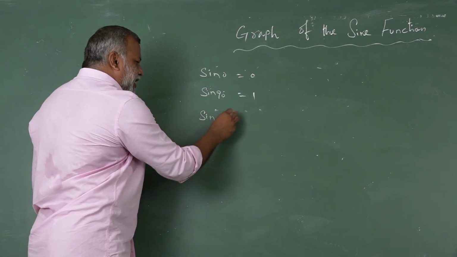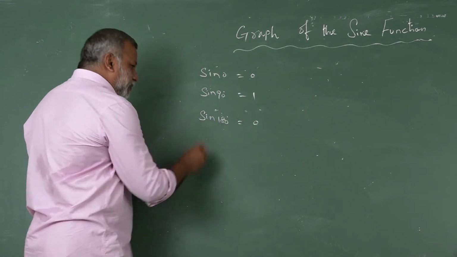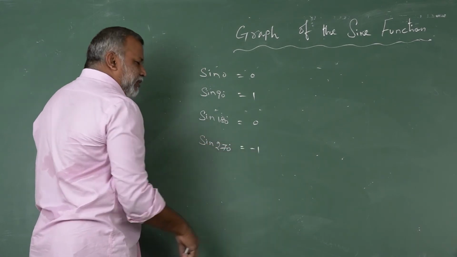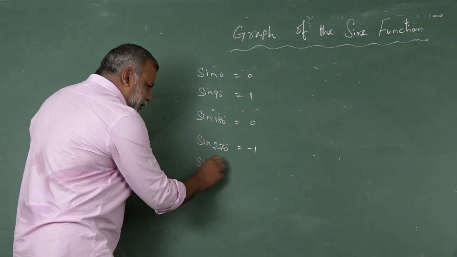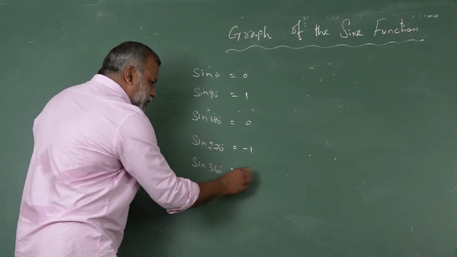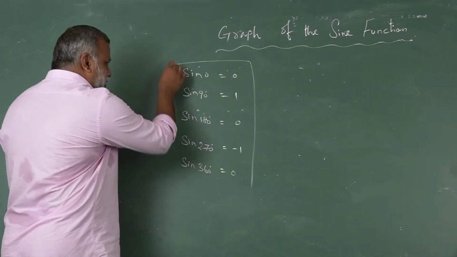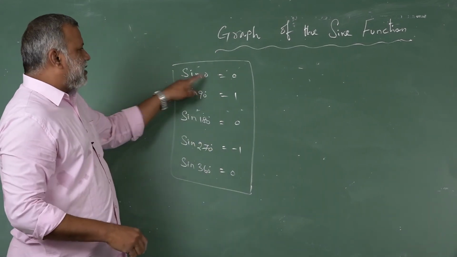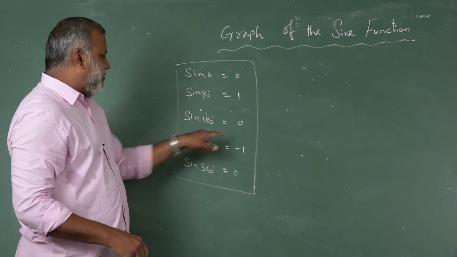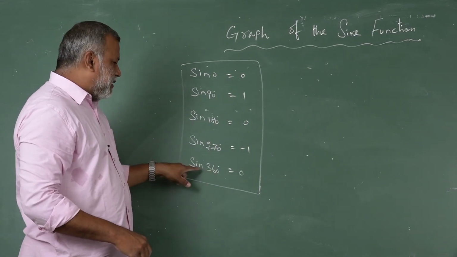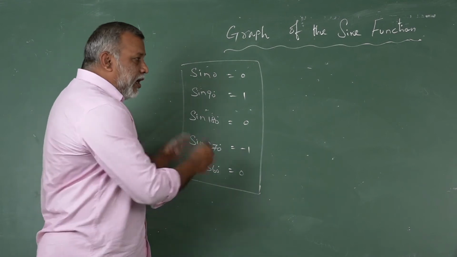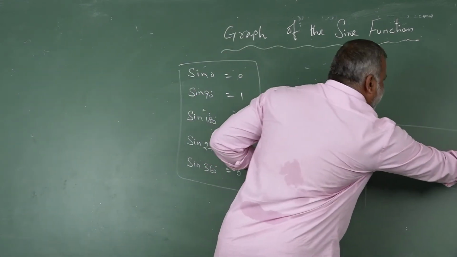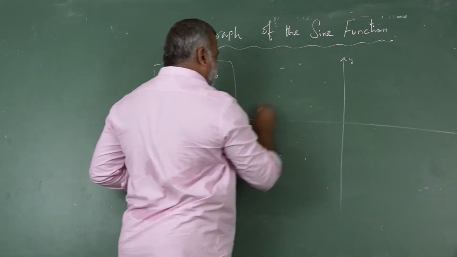Sin 180 is equal to 0. Sin 270 equal to minus 1. Once again, sin 360 equal to 0. Consider these data, all these data we just derived: sin 0 is 0, sin 90 is 1, sin 180 is 0, sin 270 is minus 1, sin 360 is 0. Now we are going to draw a graph by using these data,